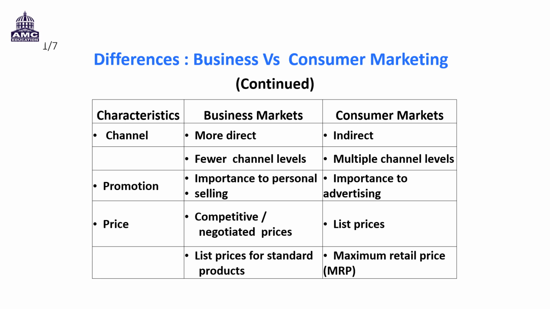Prices are very competitive in the business market. Always it's negotiated between the buyer and the seller, whereas in the consumer market it is list prices. List prices means according to the market. What is the market price? According to that, the MRP will be decided. So this is the